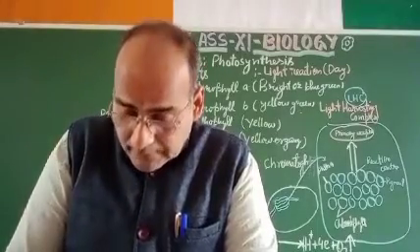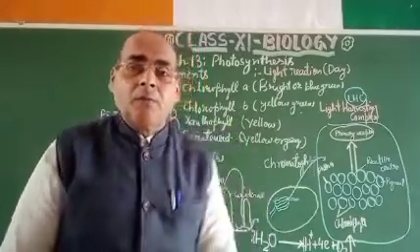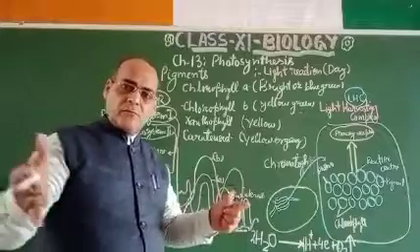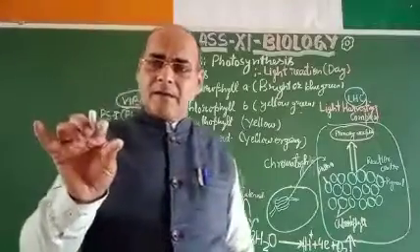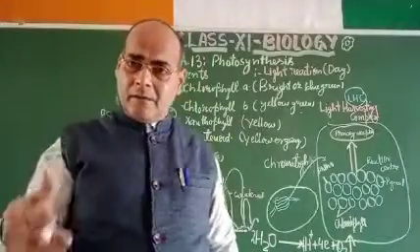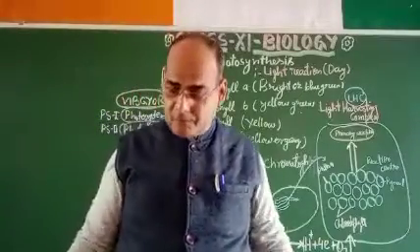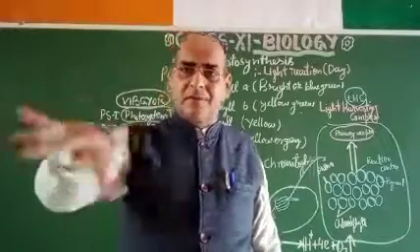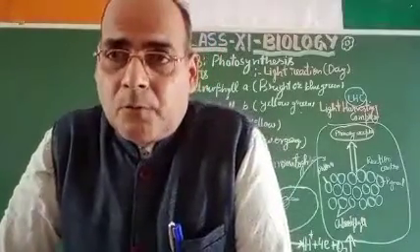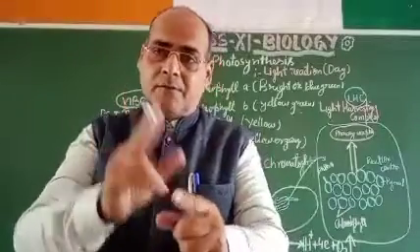Therefore, in the next video, my dear student, I hope that this complete phenomena is understood by you. So in the next video, I will explain the electron transport system, how the electrons get released as a result of the photolysis of water, and the next phases of photosynthesis, where the chemosynthesis takes place, and photophosphorylation. So all these things will be compiled in the next video, a composite video for the understanding of the next process, starting from the electron transport system, ETS.